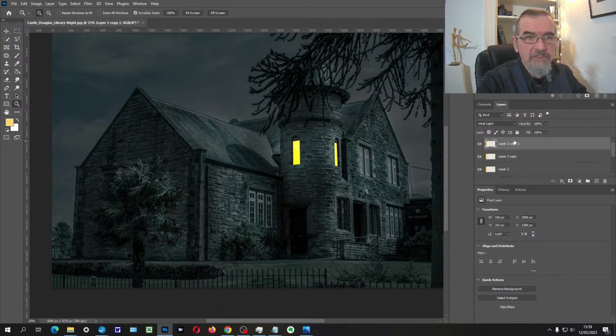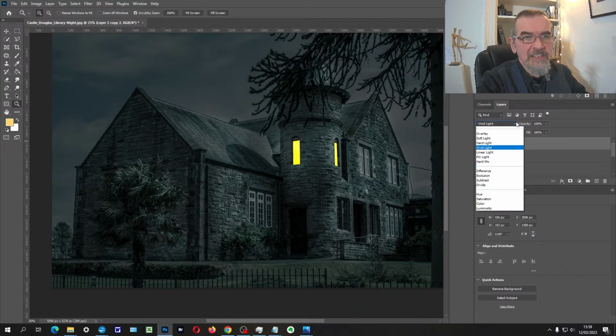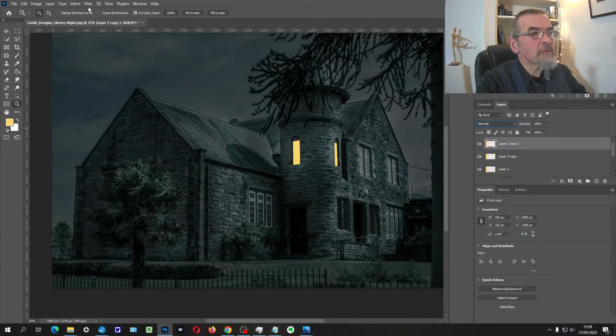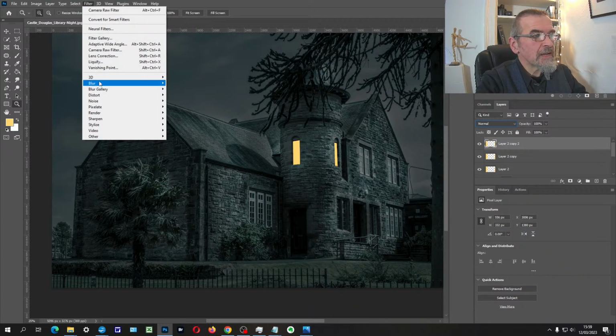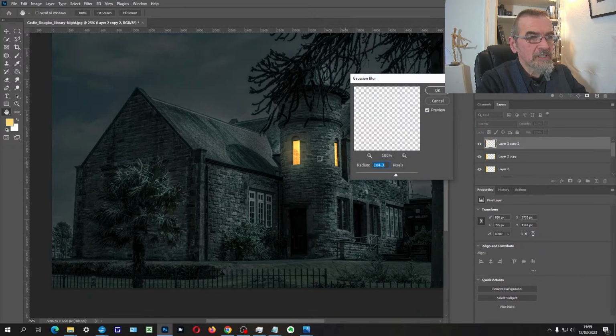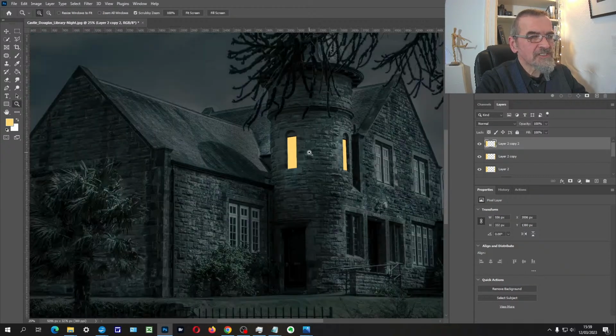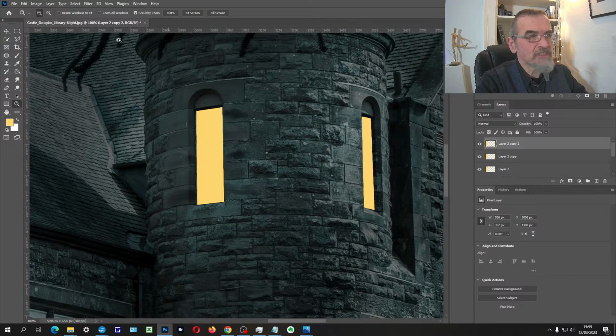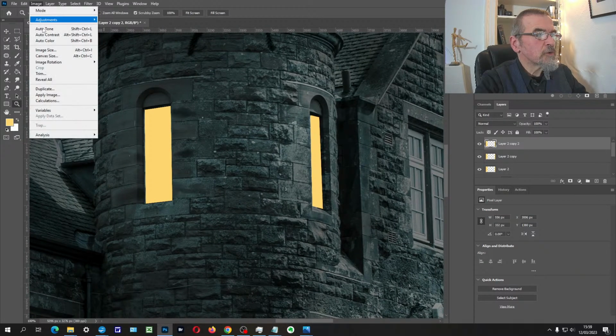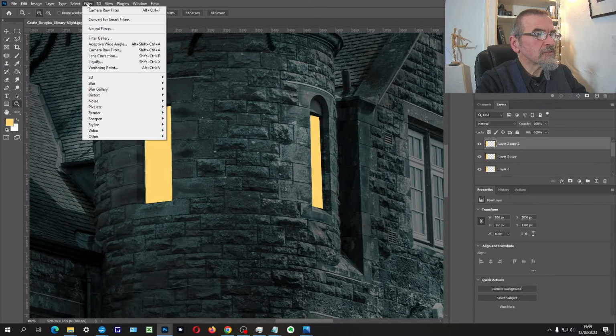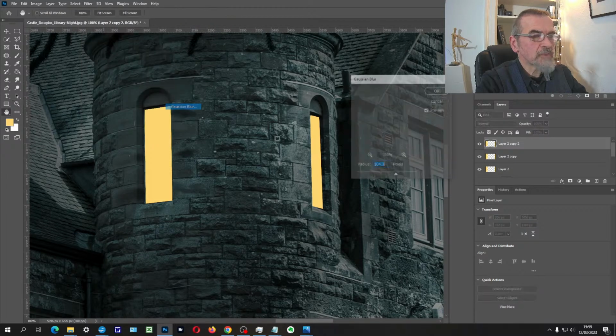I'm going to stick it above the top, and now what I'm going to do with this light, this level, do that as normal, I'm going to blur it. So if I go to blur, Gaussian blur, and what that's doing, you can see, is, let me cancel that, let me just come in close so you can actually see what's happening when we blur it. So if I go to filter, blur, Gaussian blur,